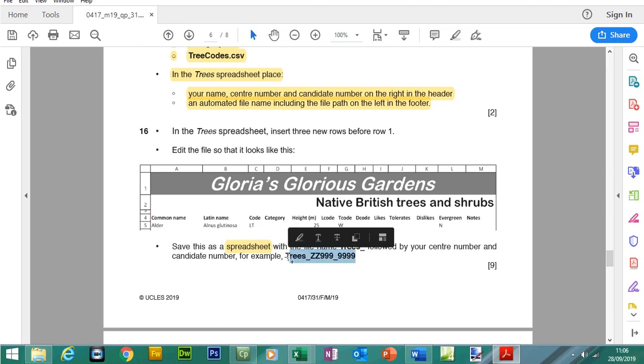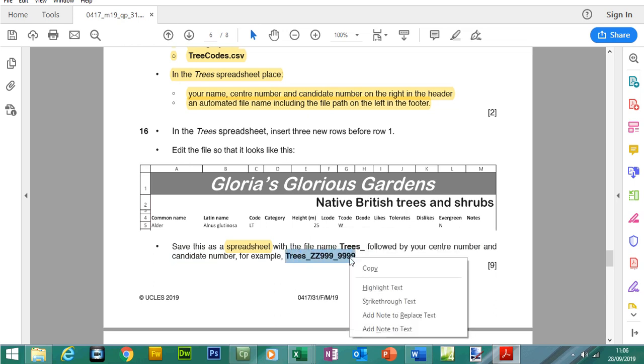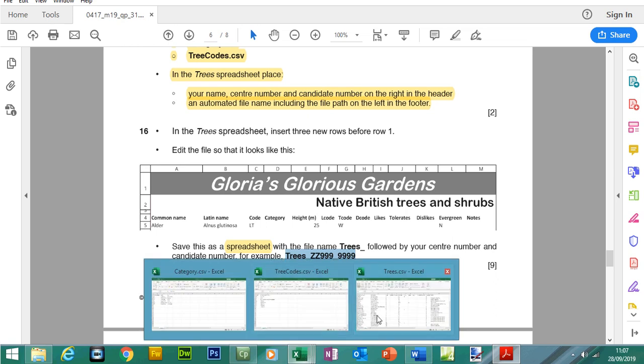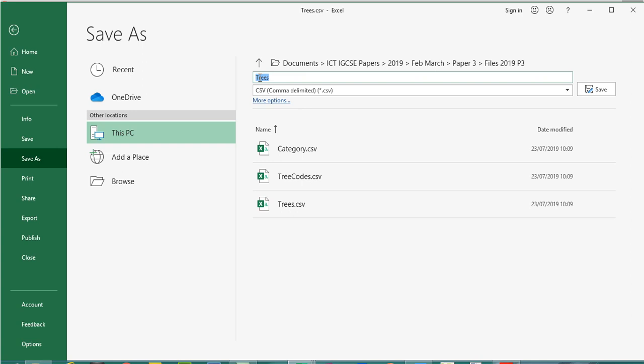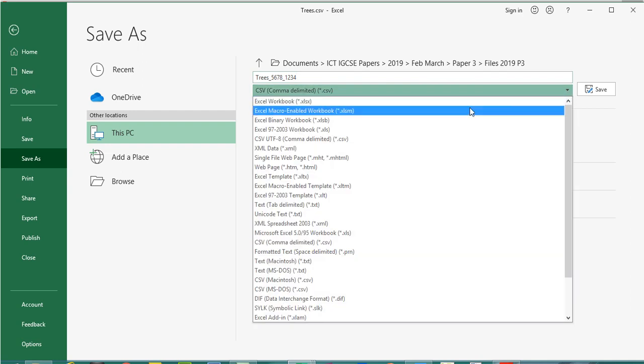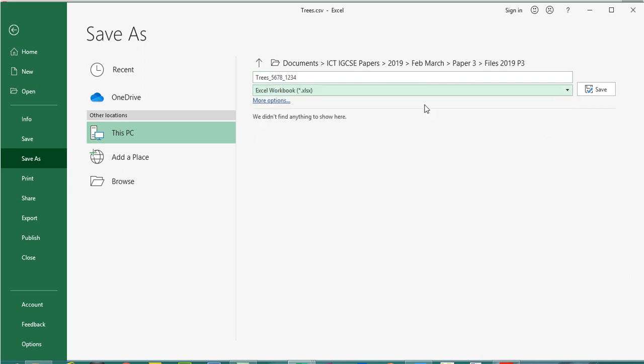So let me just copy and paste this again. Here we go. So the middle part will be the center number, and then this will be the candidate number. So file, save as, we include a name, include my center number 5678. Let me include my candidate number 1234, and as mentioned, it's really important you save this as an Excel workbook,